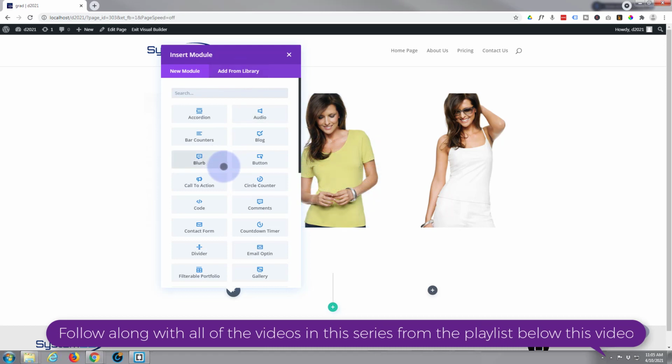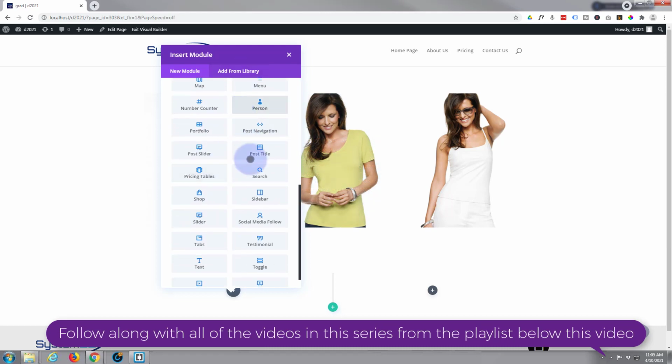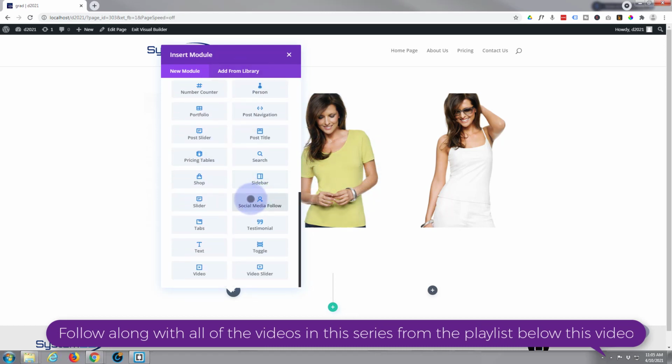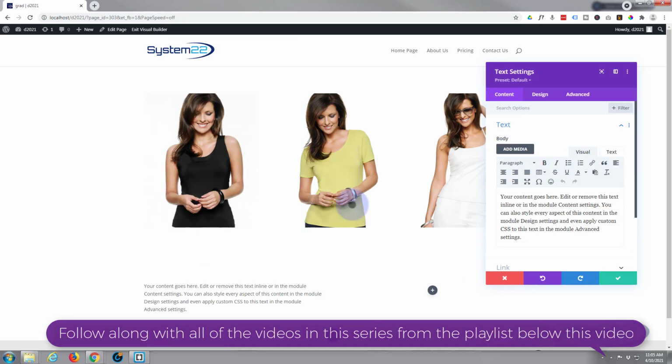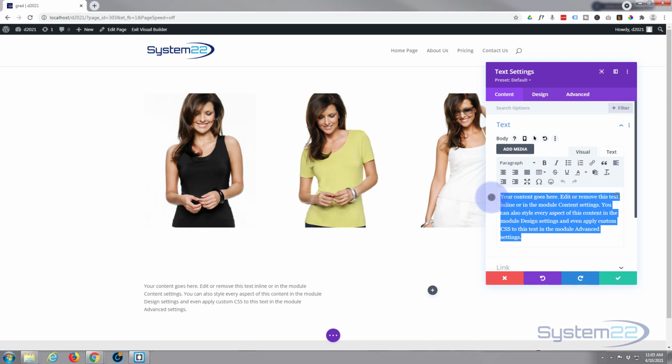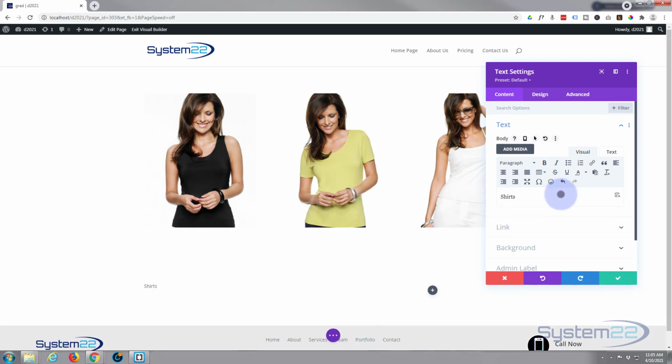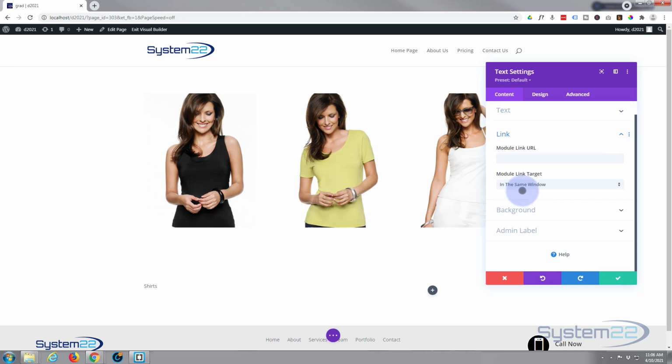And the first module we're going to put in is just a regular text module. Divi as standard comes with all these modules here, plenty enough to build just about any site. Okay, and for the content, I'm going to get rid of that. I'm just going to put my title in, shirts. Now you could have it, if you wanted to, link to a category page or a product page, wherever you wanted, you'd put that in there. Obviously, if it's on your site, keep it in the same window. If you're linking to elsewhere, like Amazon, open it in a new tab. Okay,